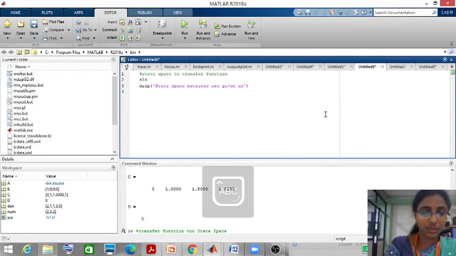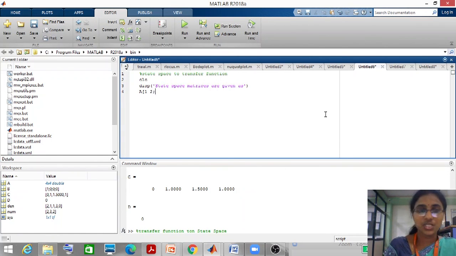Now we give the input. A is equal to 1 space 2 semicolon, which means entering into the second row. B is equal to 1 semicolon 1. C is equal to 1 space 1.